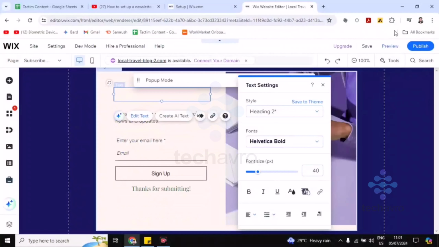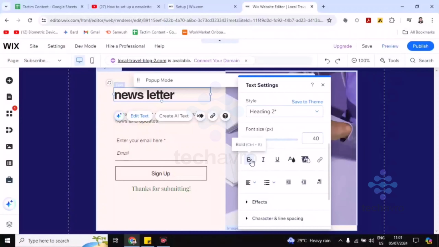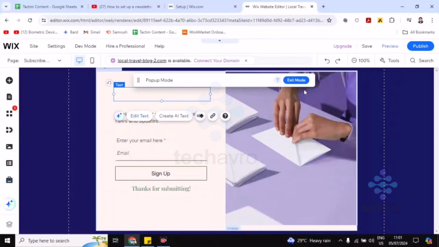to newsletter. You can edit anything you want, or like this newsletter. Now here you can see the heading, fonts. You can change the font. You can change the pixel size, you can make it bold, or you can make it italic. That's up to you. Okay, you can cross this box and you can go to the